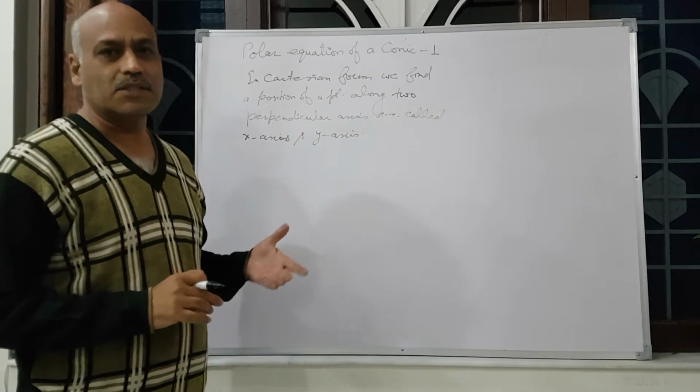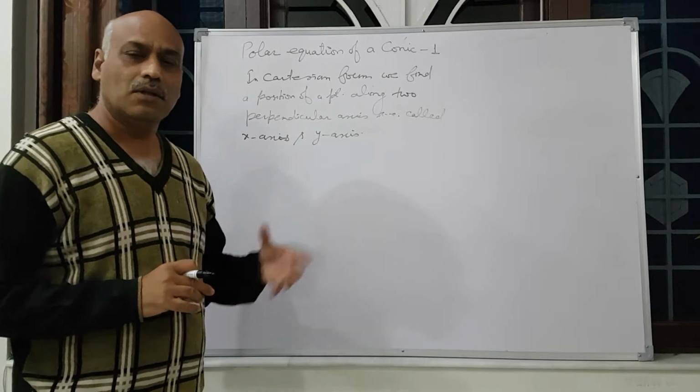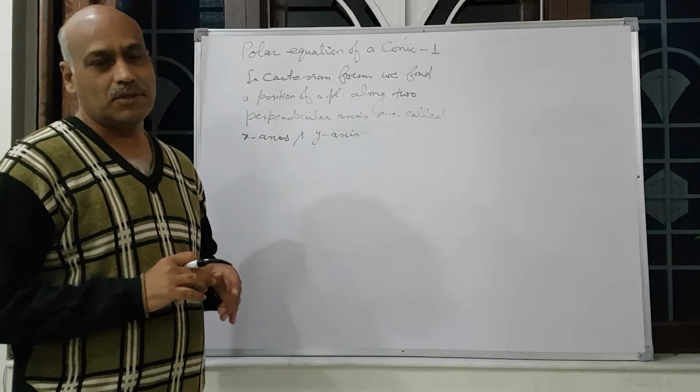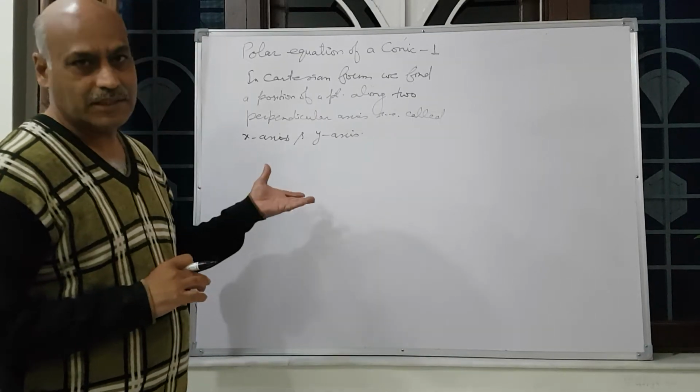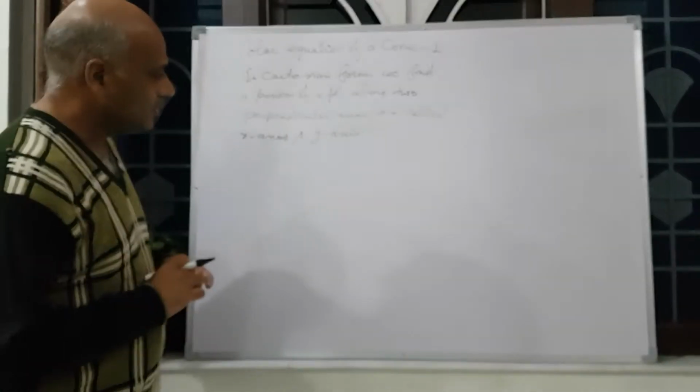Usually in Cartesian form, we find a position of a point along two perpendicular axes, that is x and y-axis. But now in polar form,